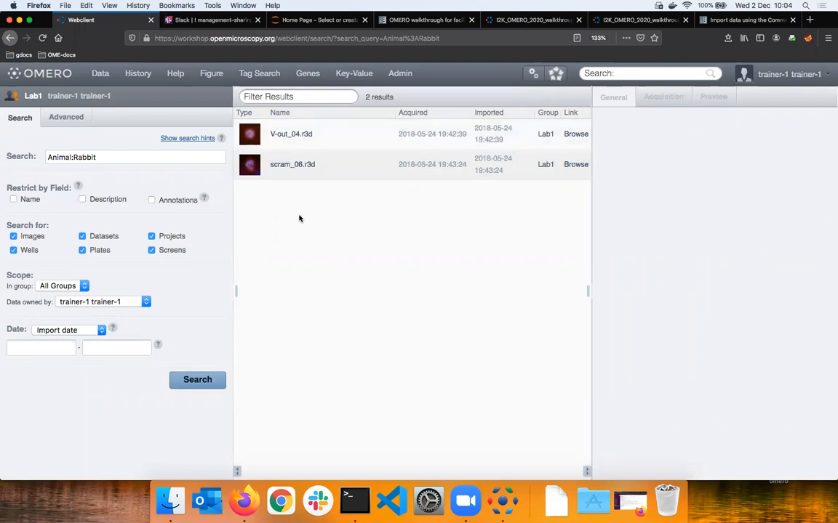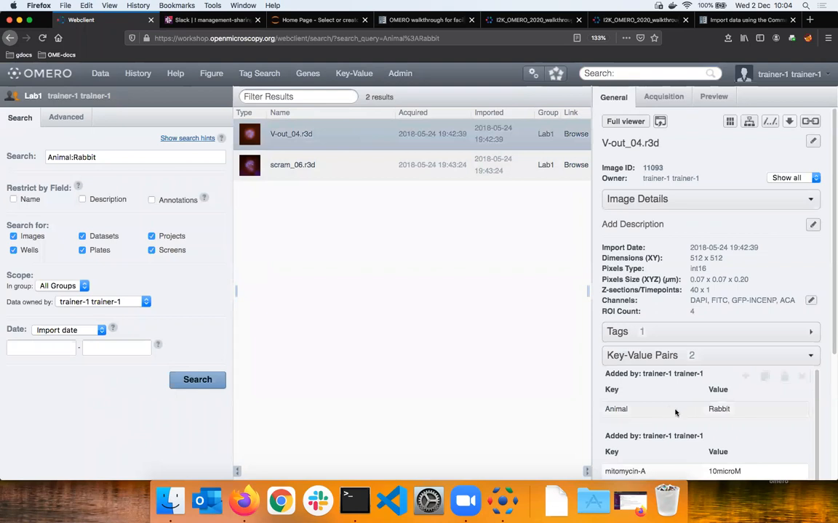And I have now, if I click on that, verification that indeed this has a key value pair: animal rabbit. Okay, but I now realize that this image actually is not a rabbit, it's a goat. Okay, so if I change it to goat and search again,